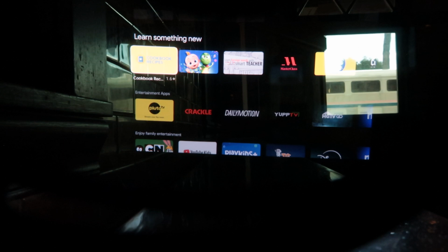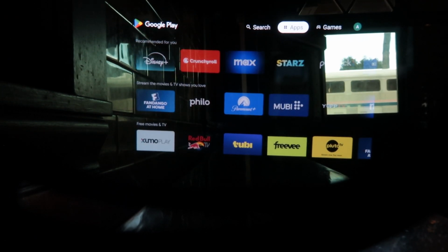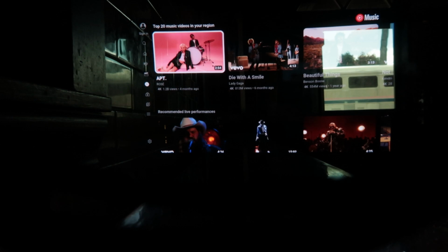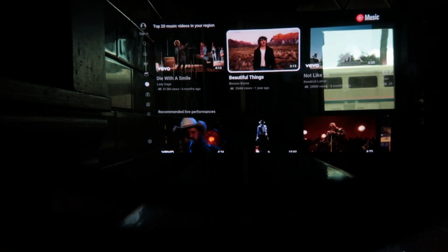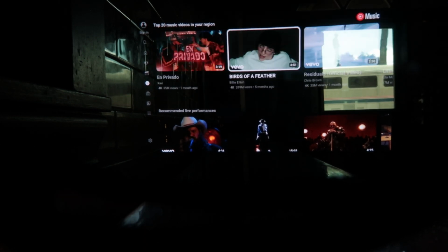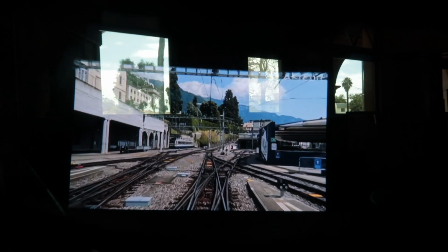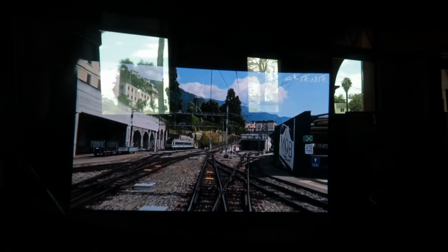Here I am browsing through all the different streaming platforms I could be viewing. And if you wanted to watch music videos, of course you could. This is a search from YouTube. The streaming possibilities are infinite. For this day at the train station, I thought I'd watch some train videos. It put me in the mood for my trip, with all the inspirational scenes I hope to see on my